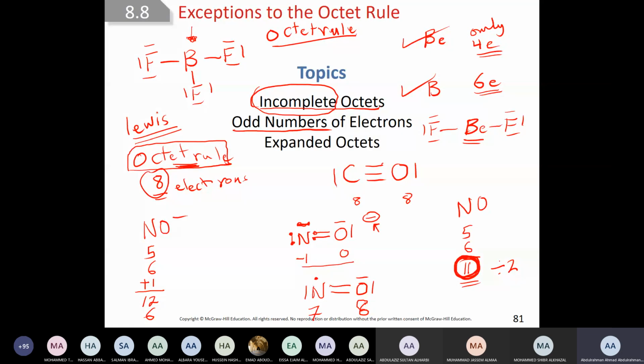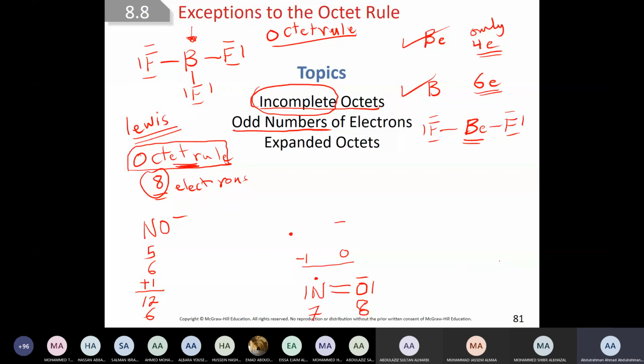Very good. Last thing I want to say is, let's get this away. So we have 3 exceptions. Okay. Now, last thing, let's do the structure of